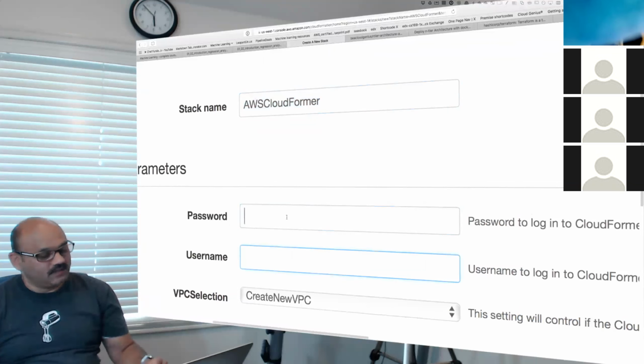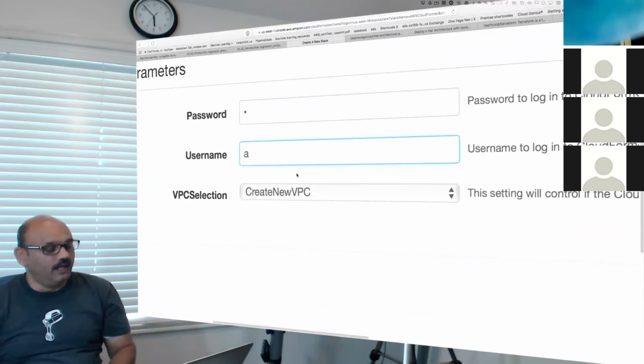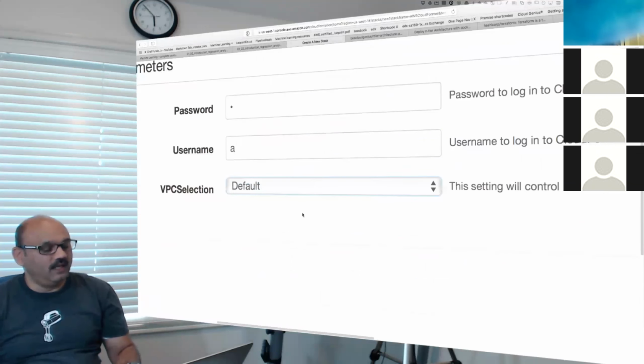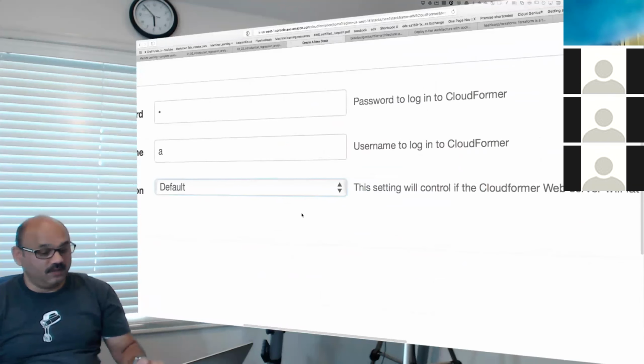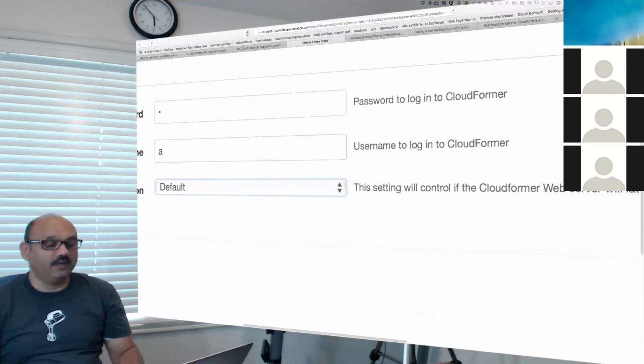And so we'll just give some password, very complex one, and a username, and then create in the default VPC. We just leave it running in our default VPC, so it will be a different VPC than the one we have in our example.